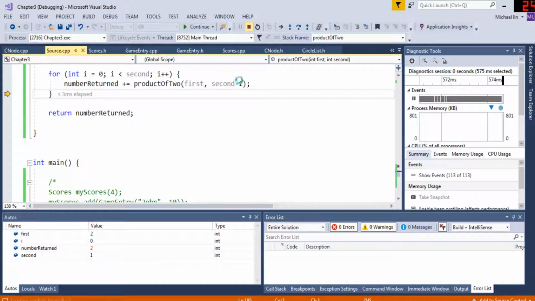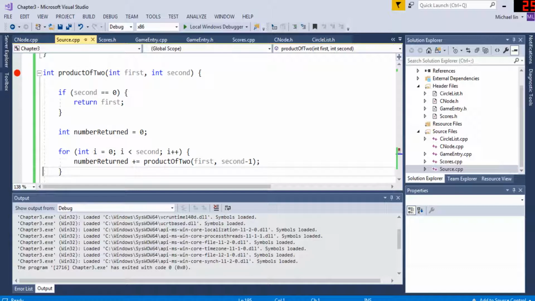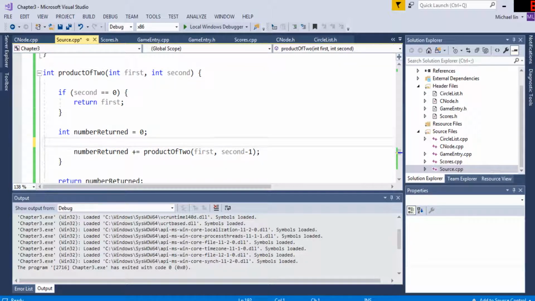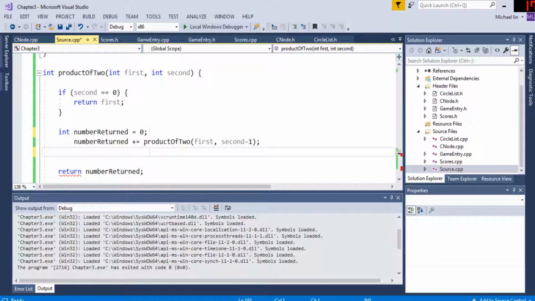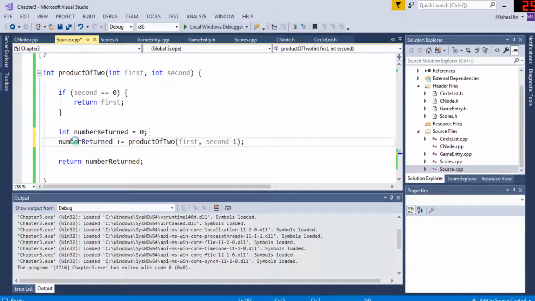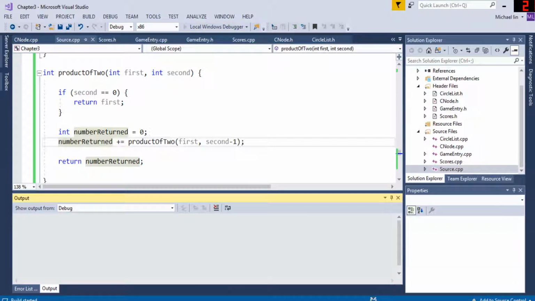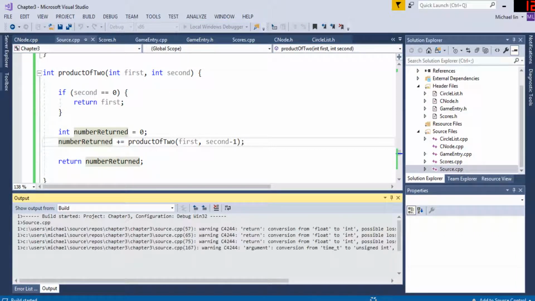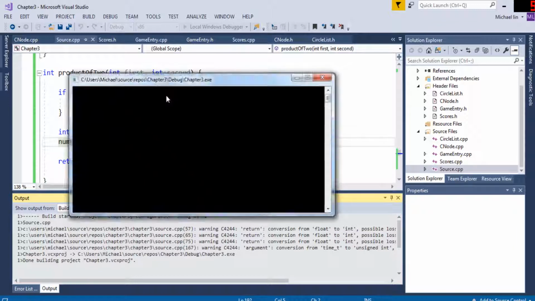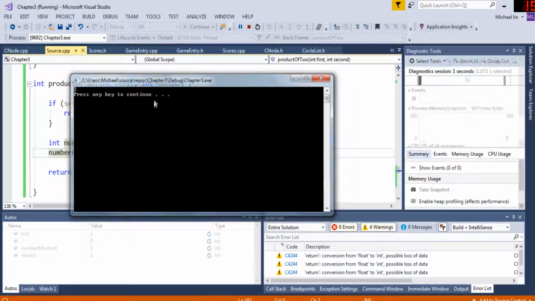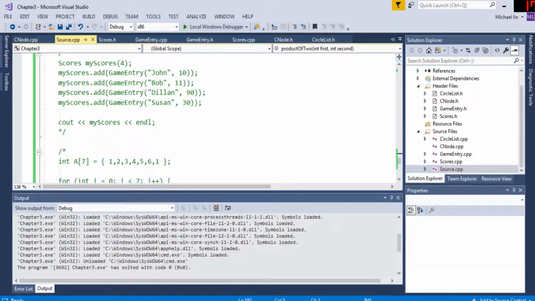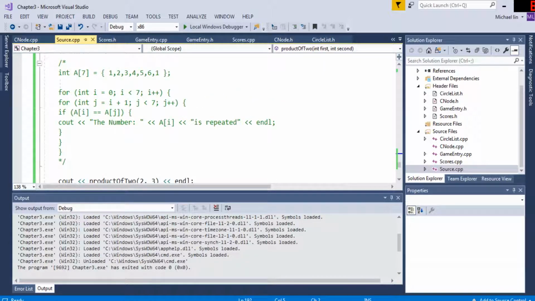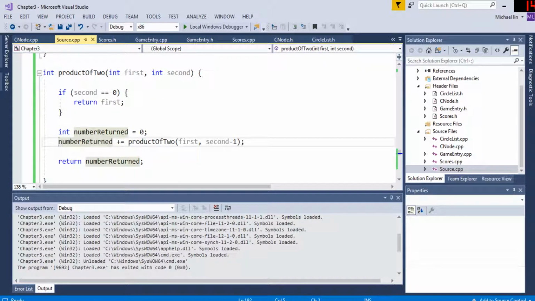Okay, maybe you don't need the for loop. You might not need the for loop. What if I just add it like that? Now it should work. Please tell me it works. And that just returns 2. So you need the for loop. Yeah. Okay, so I want to return 6. So I need to keep adding it until it reaches